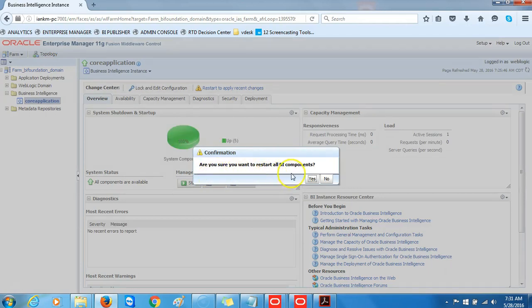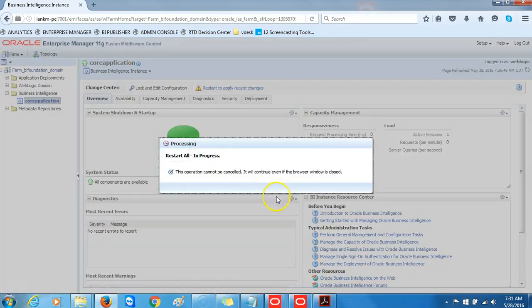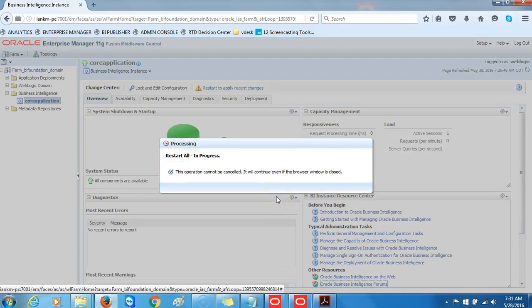When this message appears, yes, you want to restart OBIEE components, so you click yes. This also takes a few moments, so allow the process to complete, and when you receive restart all completed successfully, then we'll just close that dialog